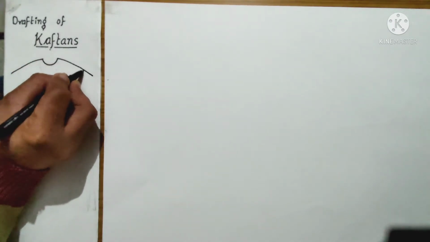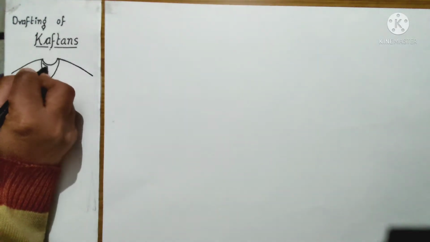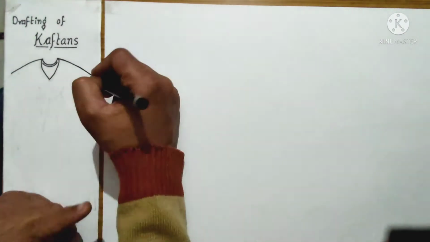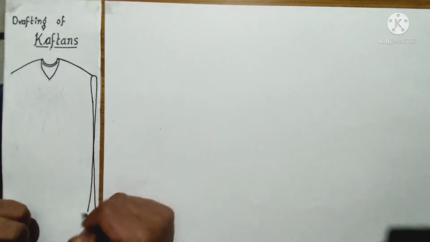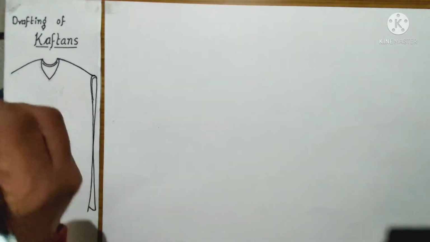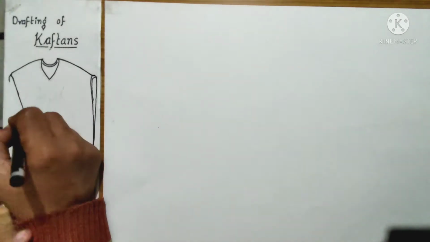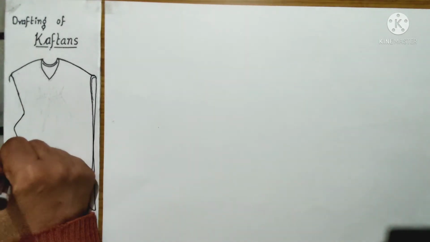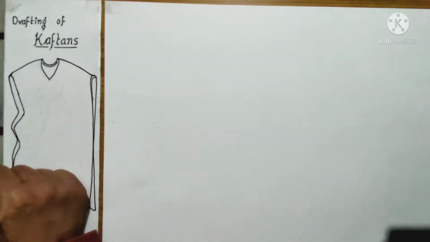So I am making the technical drawing of the butterfly kaftan. This is the neckline. This is a square piece of cloth which is stitched in a way that it takes the shape of the garment and it looks very beautiful. Here I have given the straight shape so that you can understand how it looks, and here I am trying to give the false key. It will look like this when you wear it.